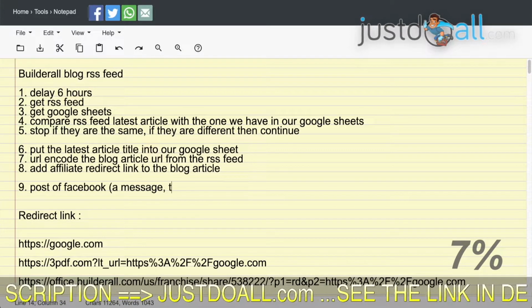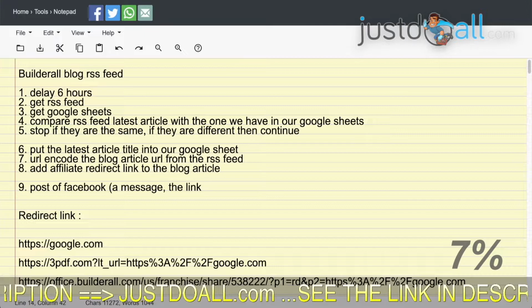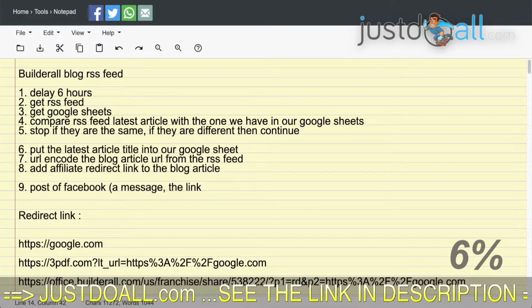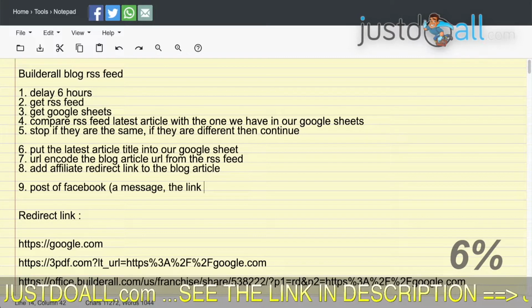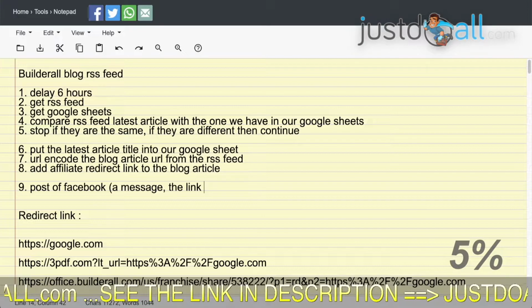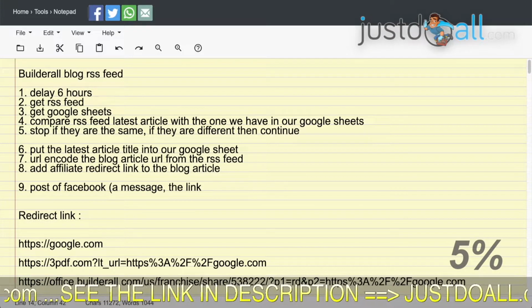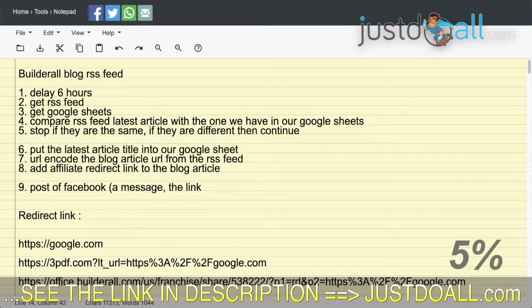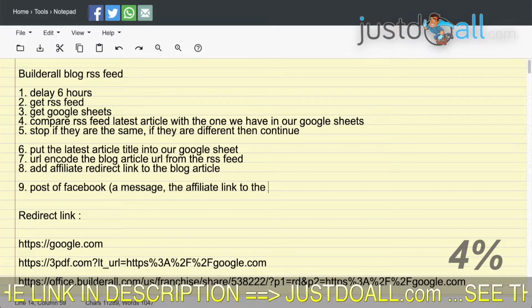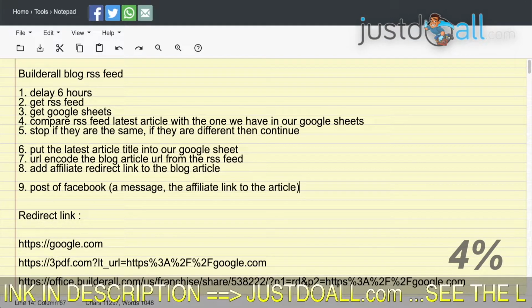And then the link that we add to the Facebook post will be the one that we created, the affiliate redirect link to the blog article. So Facebook will follow this link and will get the image of the article to illustrate our post. Okay, and that's it.